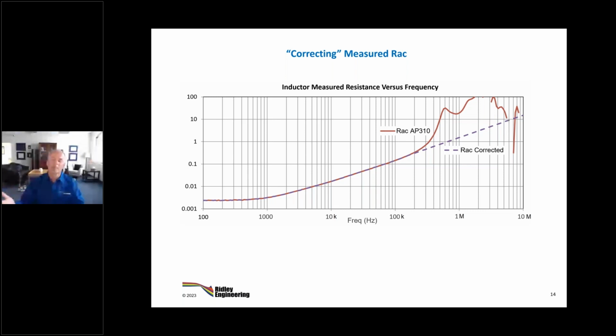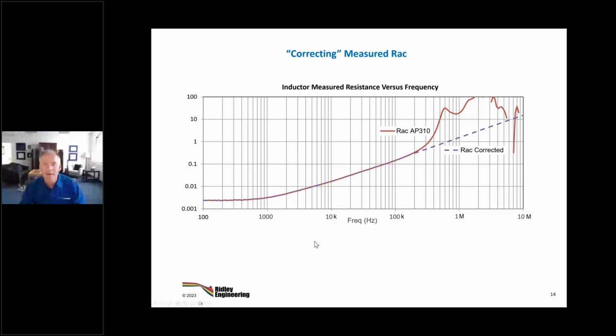Again, we've done this with transformers in the past, and you could see the Dowell shape coming in, you see the one-half slope, and then you see it going wrong once you get out towards the megahertz range. So this is our technique for dealing with this. Remember, we're shooting for practical here.